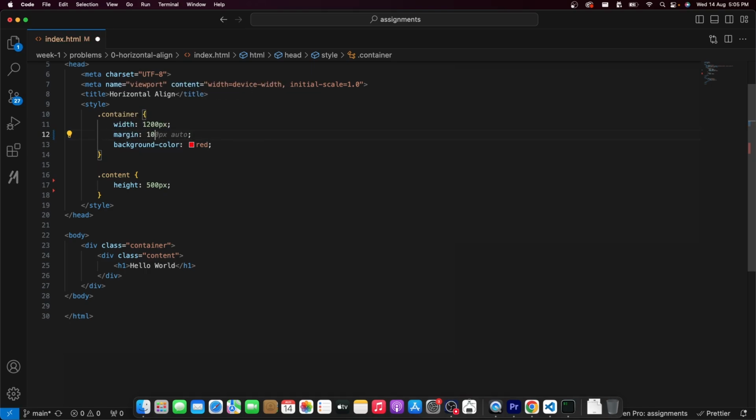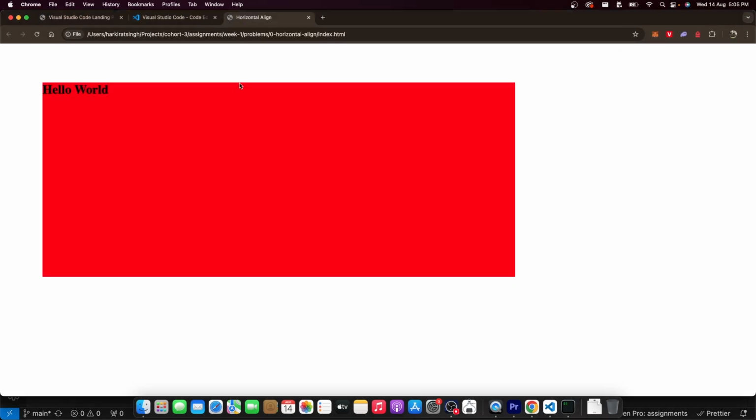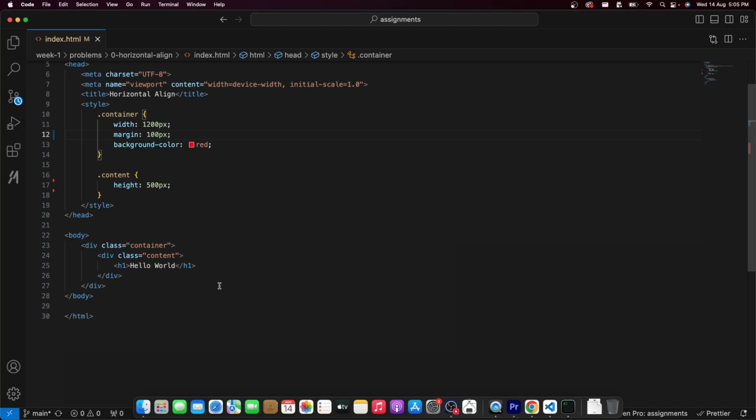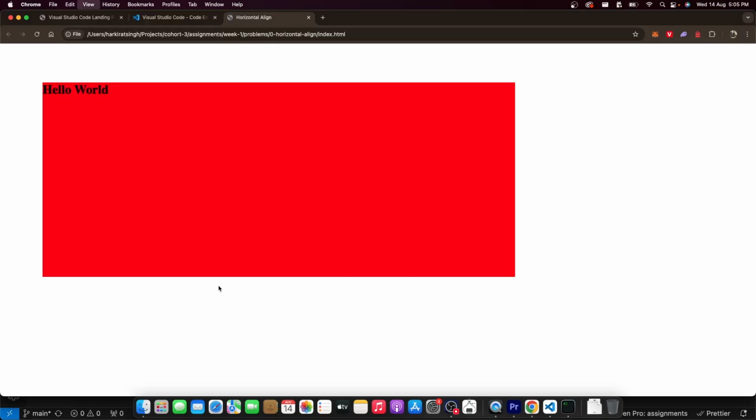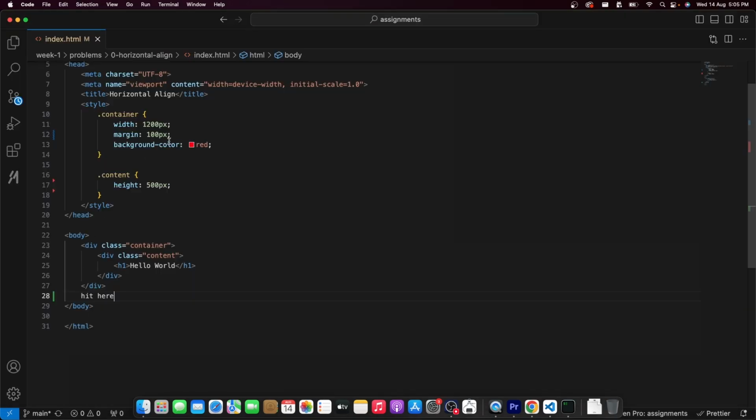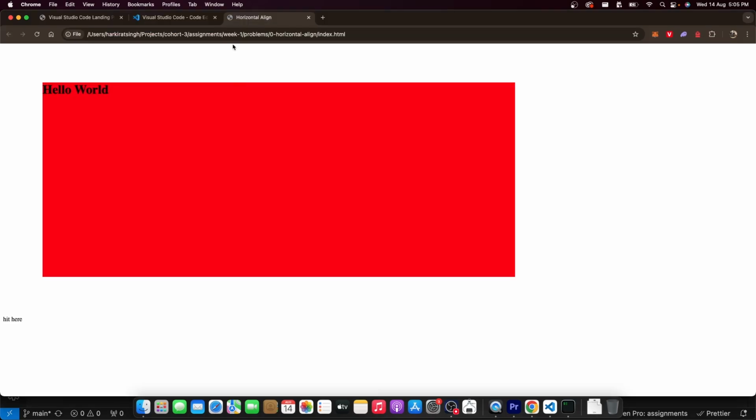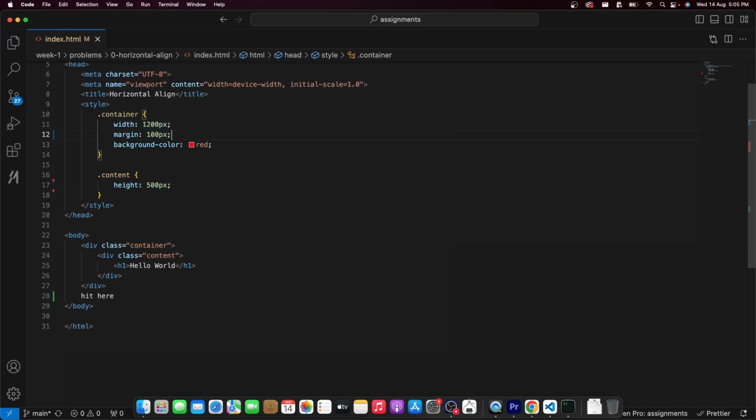Until now, we have done this. Okay, margin, let's say 100 pixels. That means there is a 100 pixel margin here, 100 pixel margin below, 100 pixel margin on the left, 100 pixel margin on the right. If I put "hi there" below it, you will see there's a 100 pixel margin before "hi there" appears. So if you write margin and some number over here, that is how much it will be padded horizontally as well as vertically. But if you add two of these,